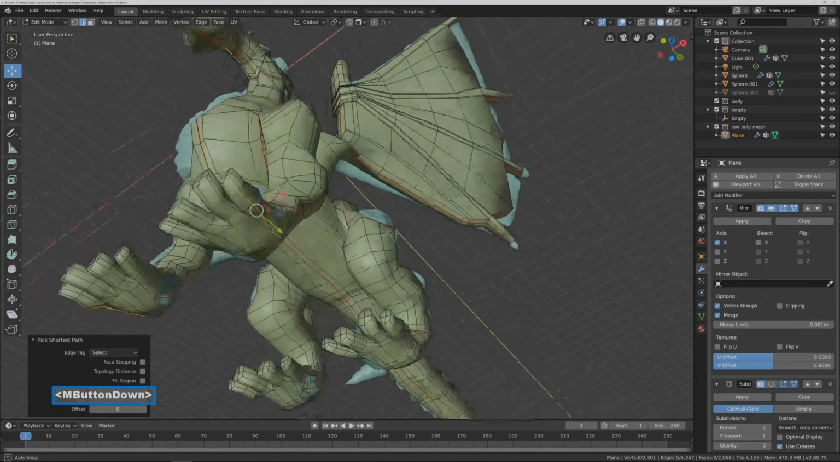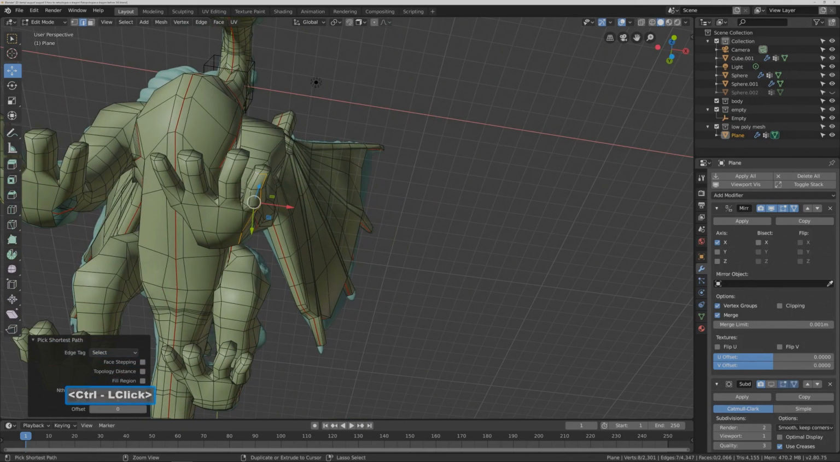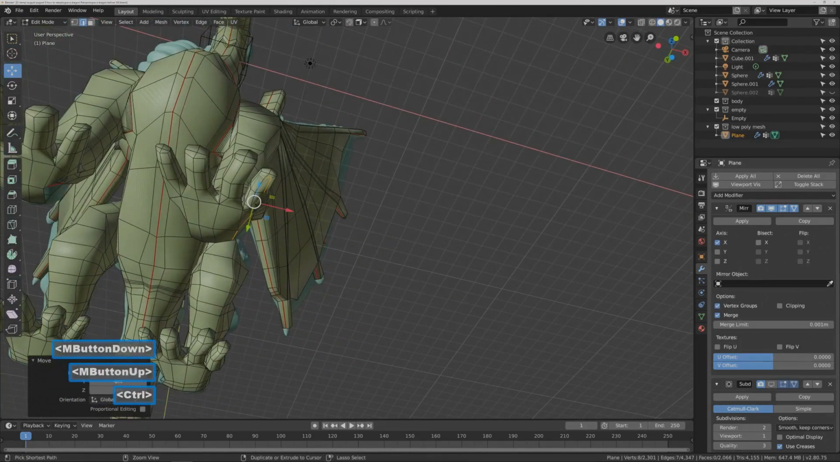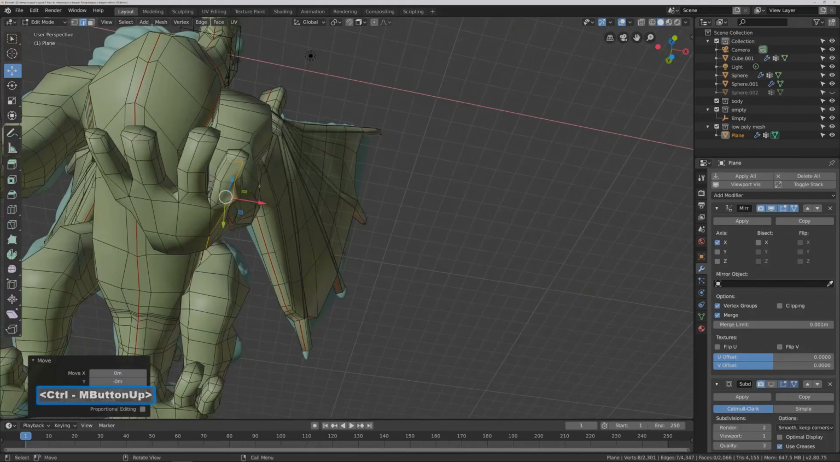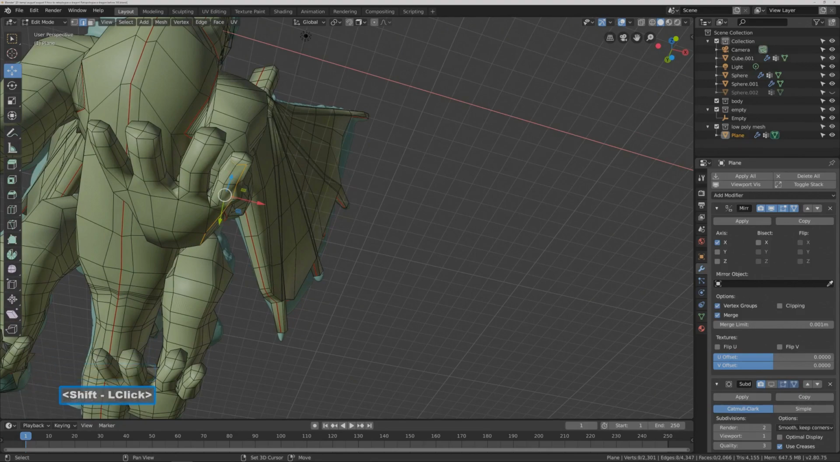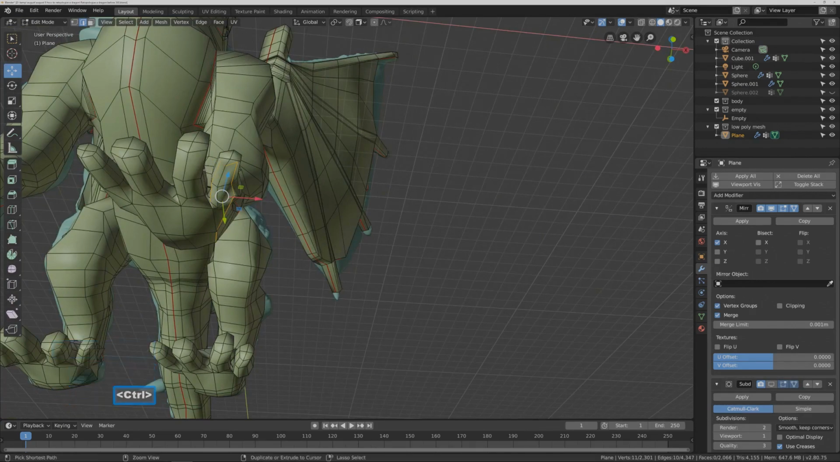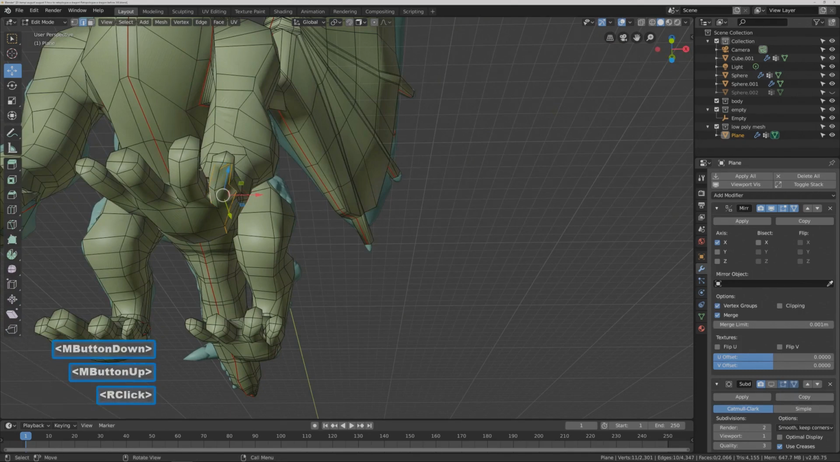So I'm holding Control now. And Control lets me use the shortest path technique. Sometimes it's easier. So I'll try using it here. And it didn't do what I wanted it to do. I'm going to press C, and then hold the middle mouse button to deselect that. Right click to get out of Paint Select. Now I'm going to hold Shift. So I'm just manually selecting